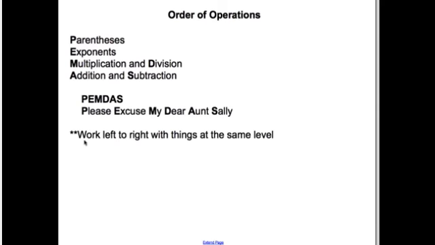And really important to remember, work left to right with things at the same level, okay, or equal footing. So like after you've done all the parentheses, or if there's more than one set of parentheses, work left to right on them. Make sure you have